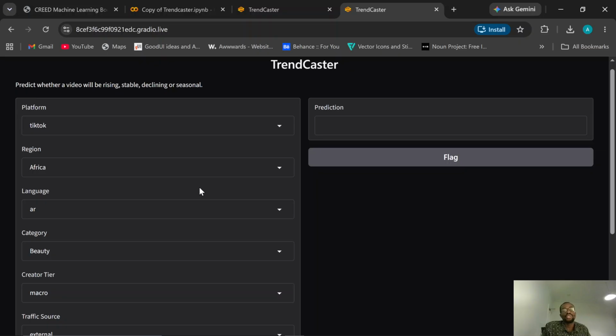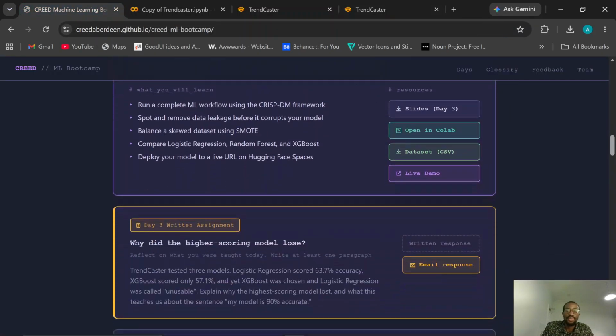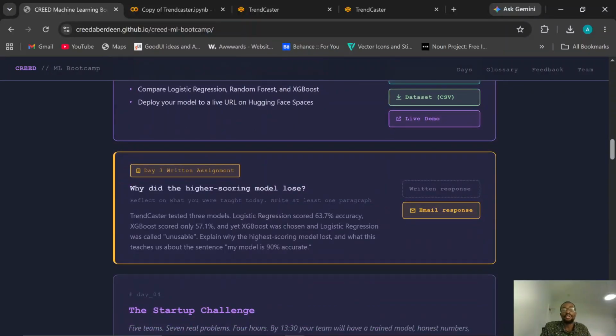One thing that I would like you to think about is when it comes to accuracy as a metric. This is an assignment for you. Why did the highest scoring model lose?